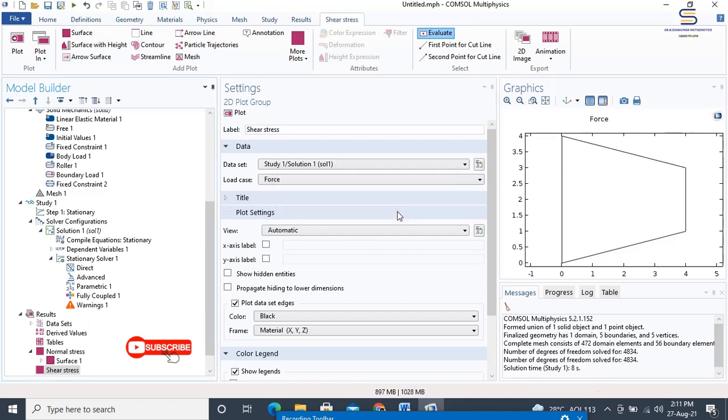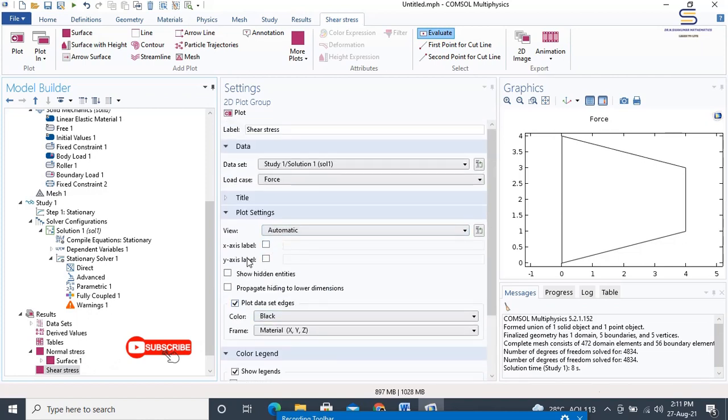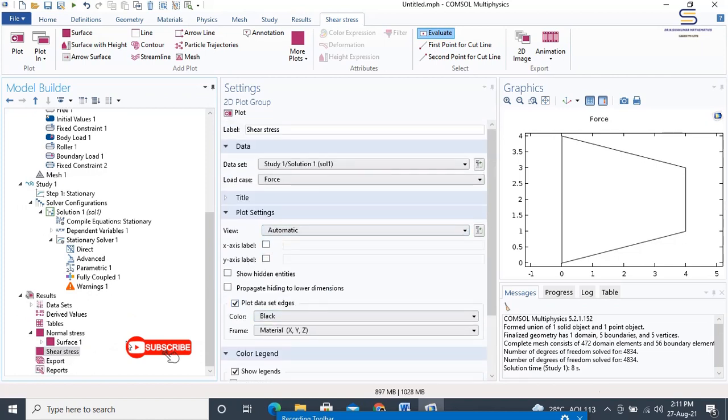Now, with the shear stress selected in the 2D plot group, we shall go into the type of expression that is being solved.